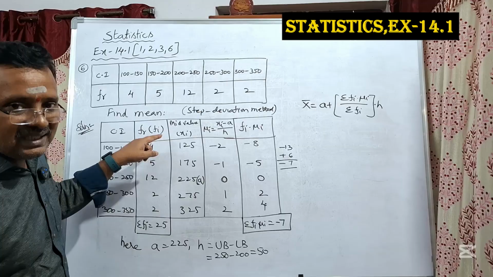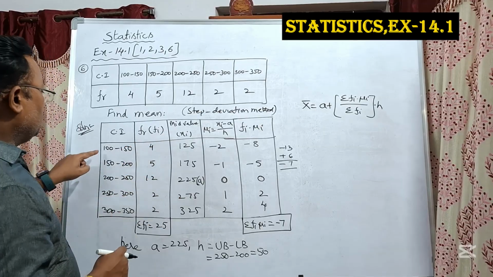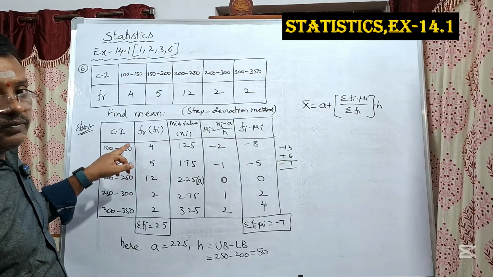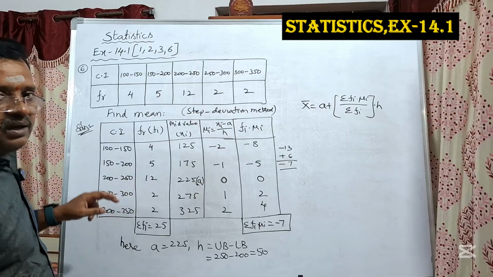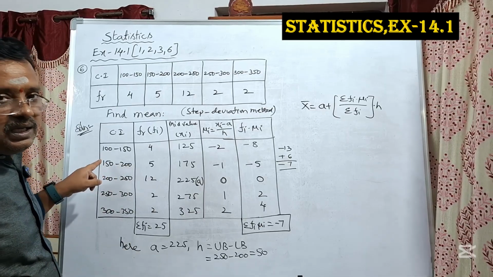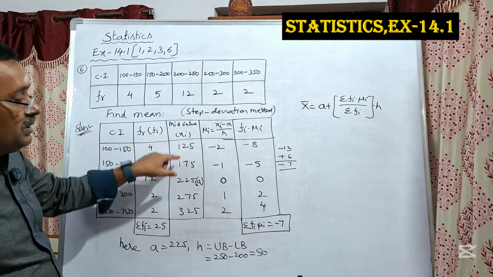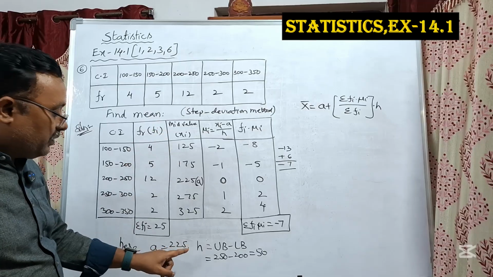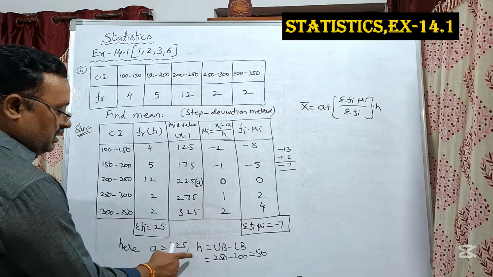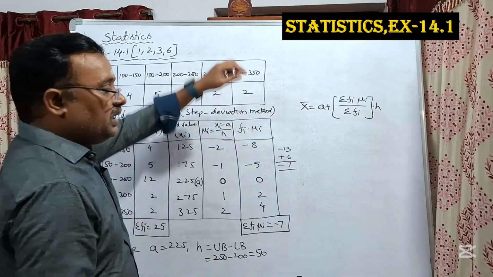You can observe the differences in mid values also. So using any logic: the difference between any two lower boundaries, or between any two upper boundaries, or between one class interval's upper boundary and lower boundary, or the differences between the mid values, you can find the h class size value. So we have the A value, h value, sigma fi value, and sigma fi into mu I value. Okay, now